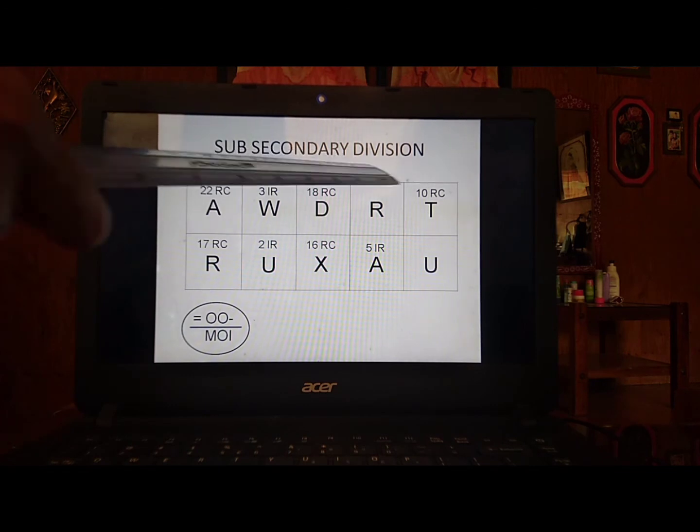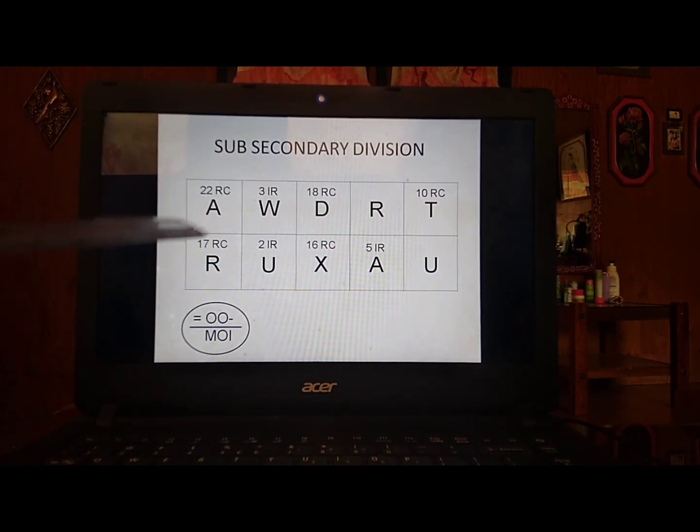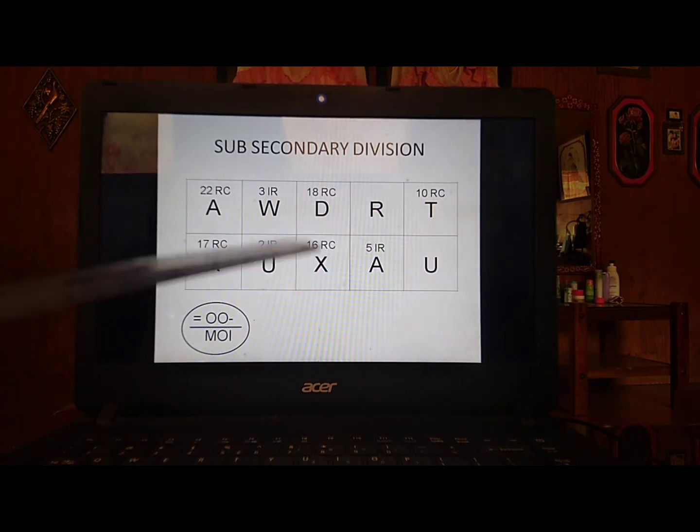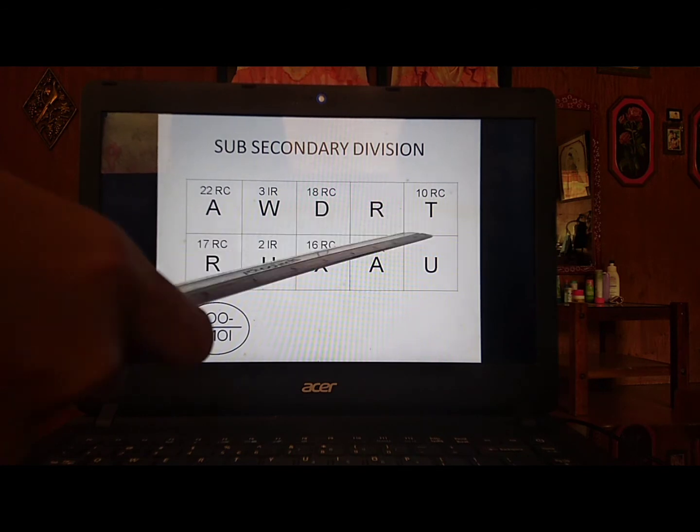Sub-secondary division. It is done by ridge counting of the loop and ridge tracing of the whorl appearing in the index, middle, and ring finger of both left and right hand. Take note of the IMO system. I means inner, M means meeting, and O means outer. If you memorize the inner, you will know the outer of the said finger. Here is the chart of the sub-secondary division, so we just have to focus on the index, middle, and ring finger of the